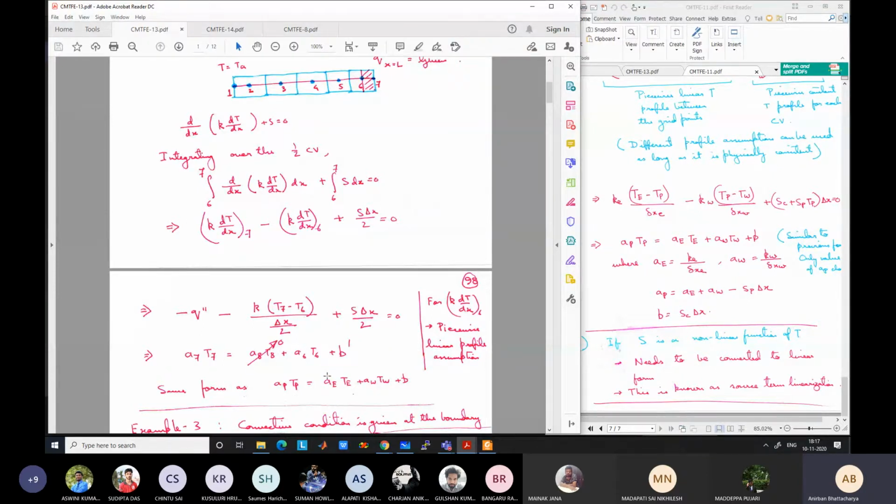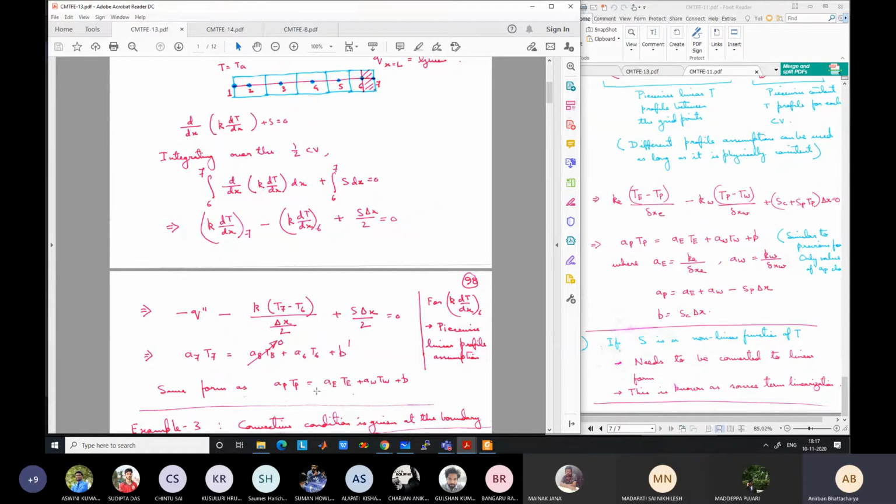Okay. So if you think that AE should be A4T4, actually that is not the case. This coefficient is still for the, so when you are doing the calculation for this, say, third control volume, all the coefficients are corresponding to the third control volume also. So the coefficient for temperature 4, while calculating the third control volume, we need to write. So actually I will write this not as A3T, means I will write this as A3T3 is equal to